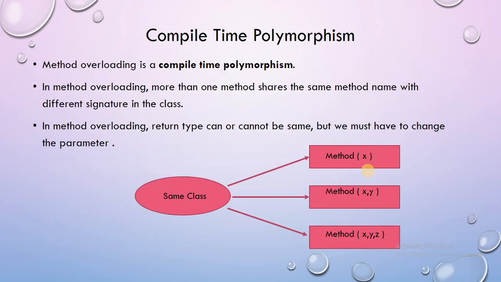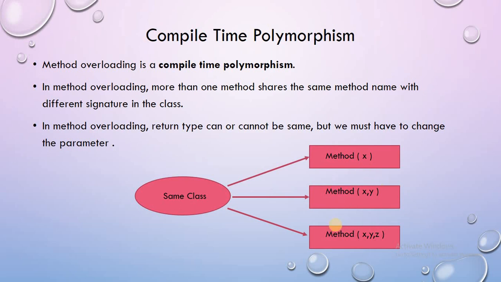Next is compile time polymorphism. Method overloading is compile time polymorphism. In this, there will be a single class with the same method name but a different number of arguments. In method overloading, more than one method shares the same method name with a different signature in the class. In method overloading, the return type can or cannot be the same, but we must change the parameters. So in this, the parameters would be different,